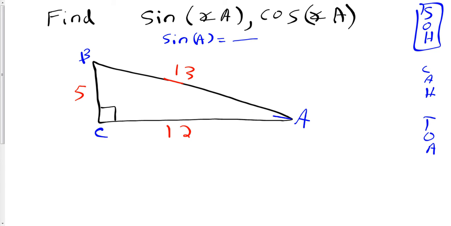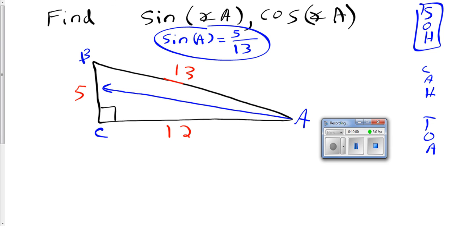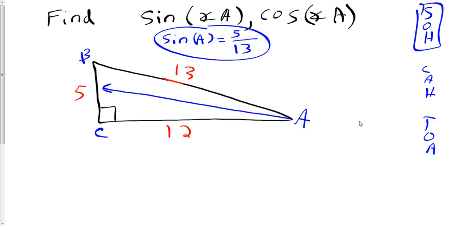So go across the lake, that's the opposite, 5, and then the hypotenuse, and this is your answer. Sine of A equals 5 over 13. So that's kind of where we're at this point. Sine of A is literally equal to 5 over 13. So now let's talk about the